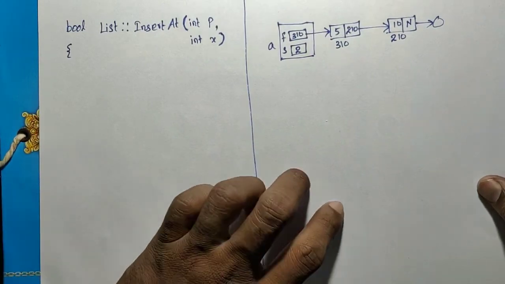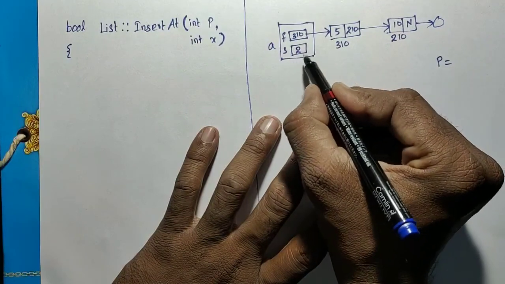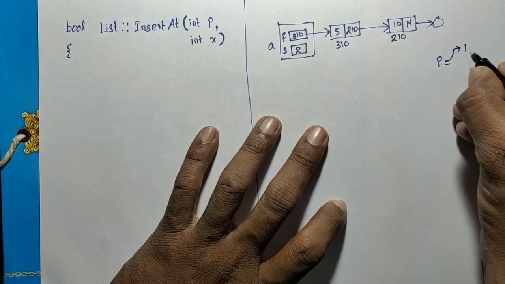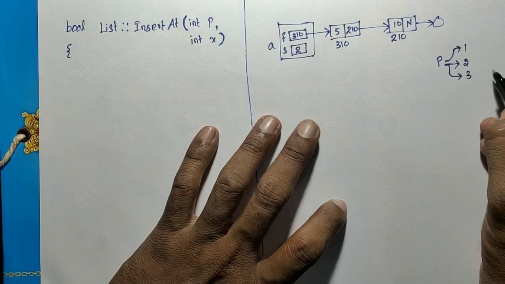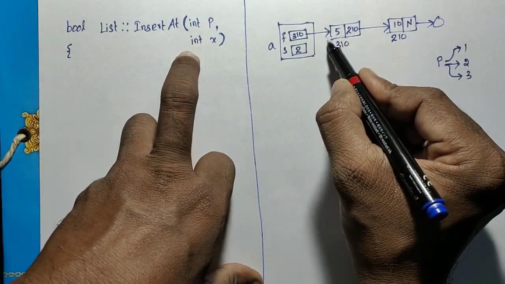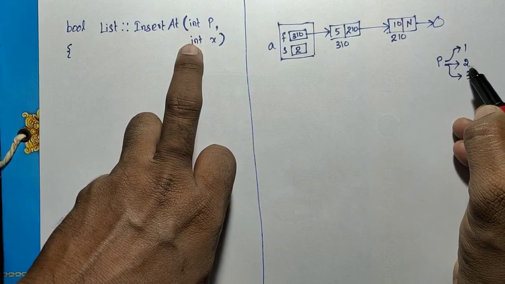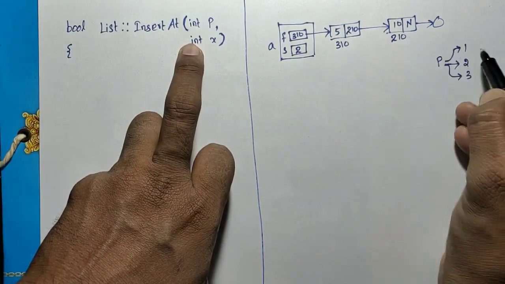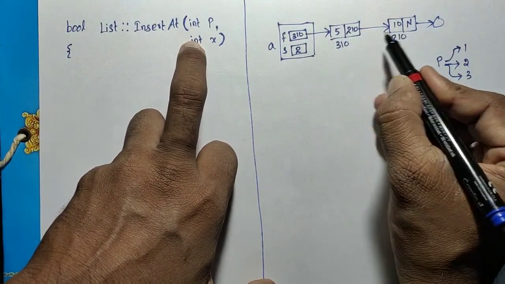So the position p may be given for this list. Consider this list, where 2 elements are there. The position may be 1, 2 or 3, only those 3 possibilities. Insert at 1 means the new element has to be inserted as the first node, at the first position. Insert at 2 means the new node has to be inserted as the second node, that is, after the 5. So 1 means before the 5, 2 means after the 5, that is before the 10, and then